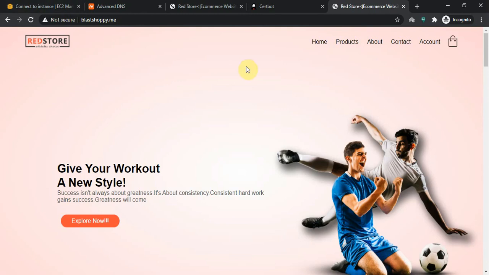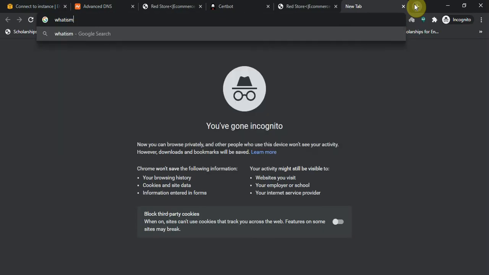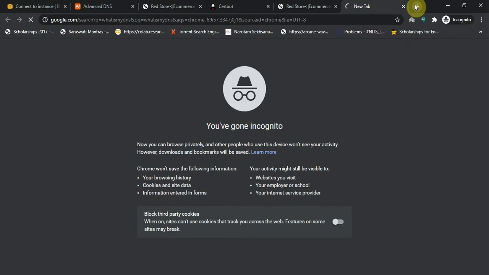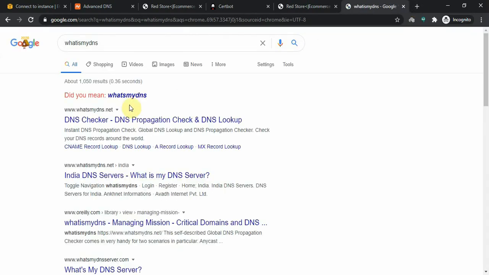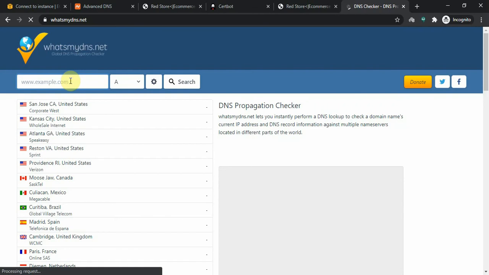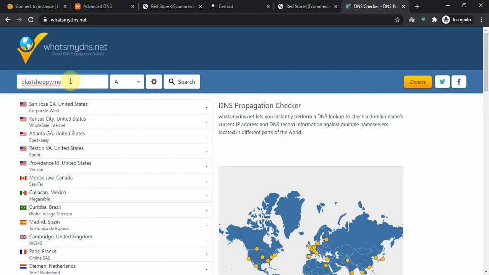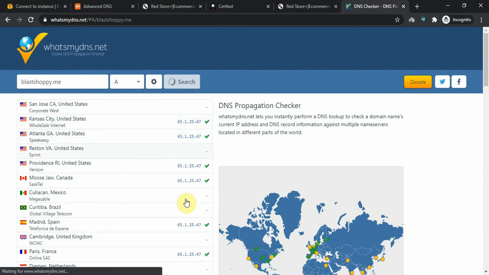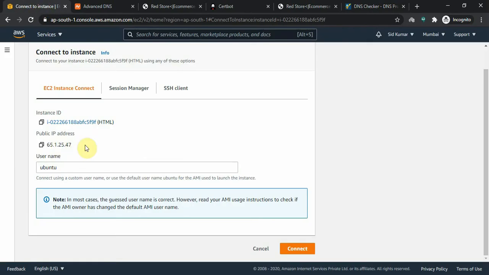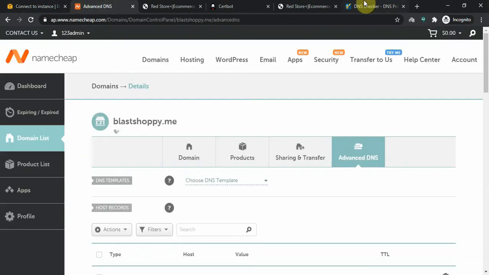We can also check what my DNS is. Here you can check DNS propagation. Okay, here in name we can paste this IP and search. Yeah, you're getting this IP, right? And this is the same IP, this one, and it is working fine here.